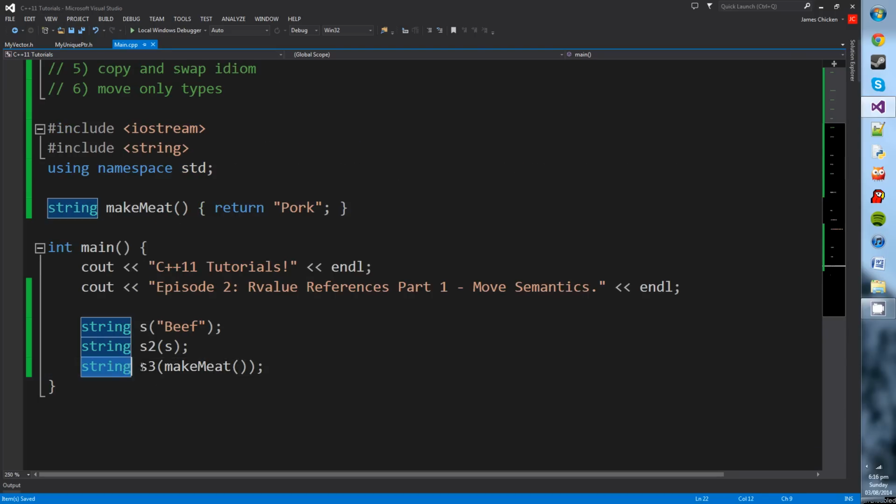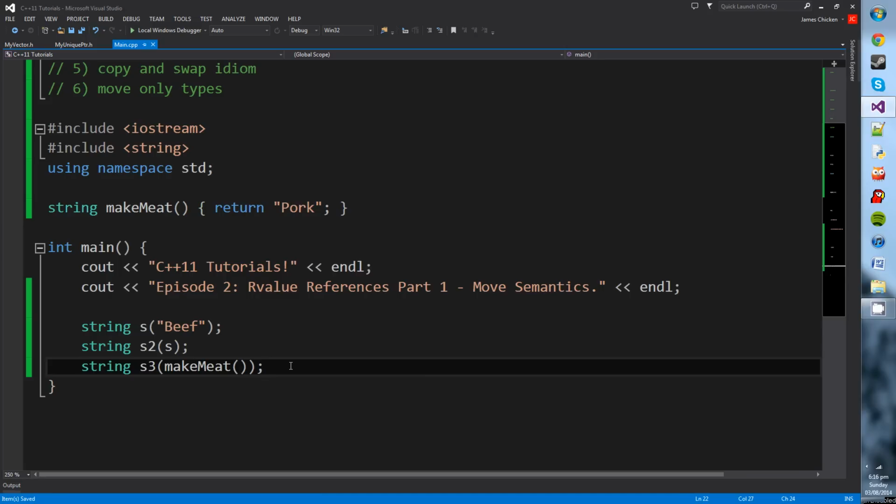Now, in C++98, the compiler is permitted to make some optimizations here. These are called the return value optimization and the named return value optimization. However, you're not guaranteed to get these optimizations, and